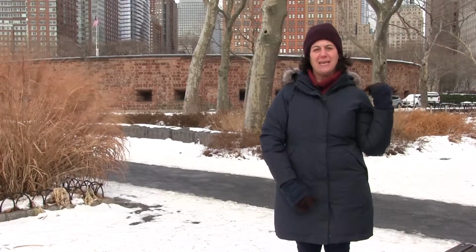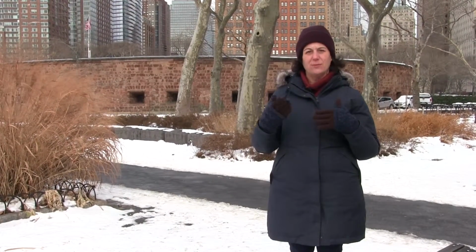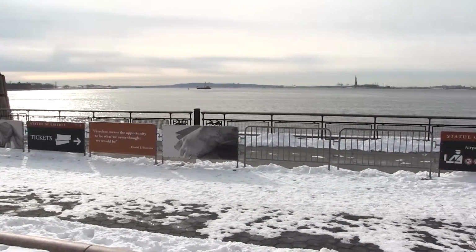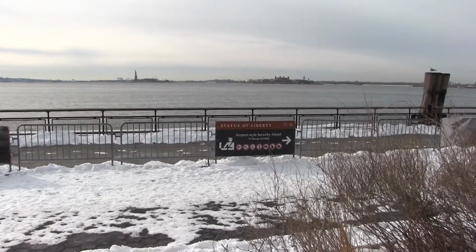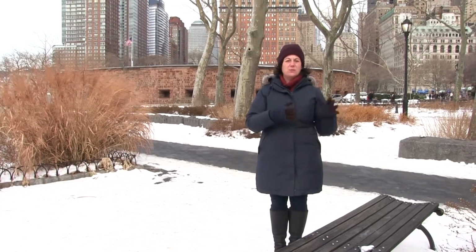The building behind me is Castle Clinton, which was a fort that was built not during the American Revolution, but during what's known as the Second War for American Independence, the War of 1812. And when Castle Clinton was built, it was actually in the water. So where we're standing here is on landfill. The original water line is State Street, where the buildings are behind me. Where I'm standing here is called Battery Park City, named after the battery, which was where the cannons were during